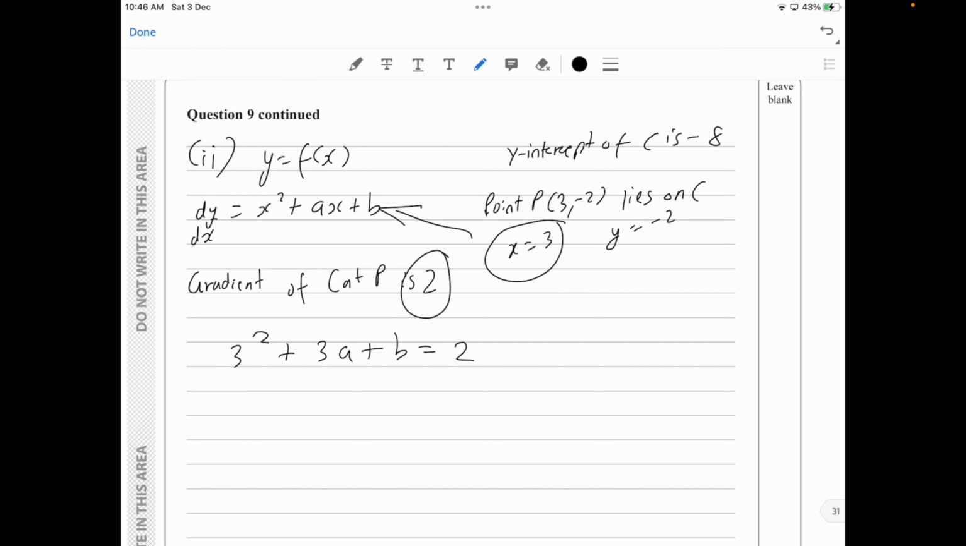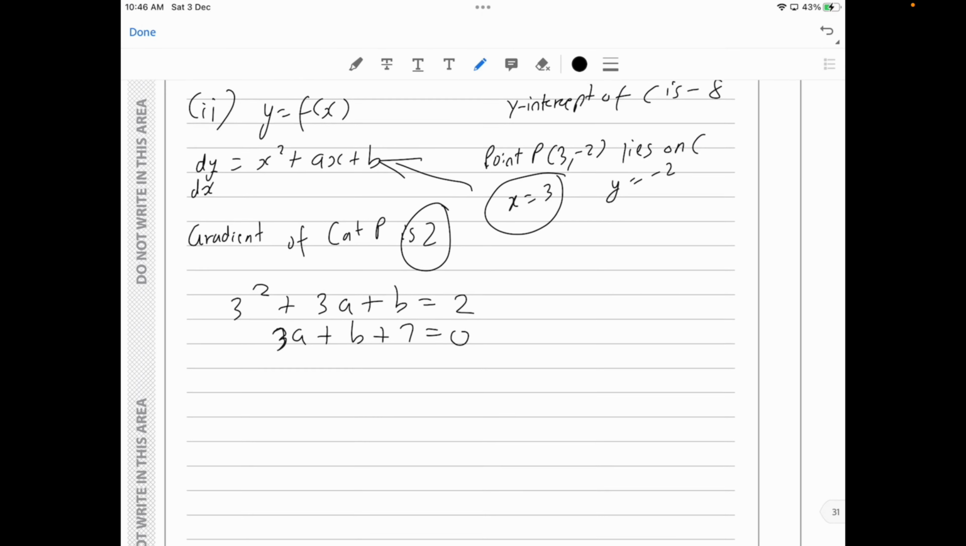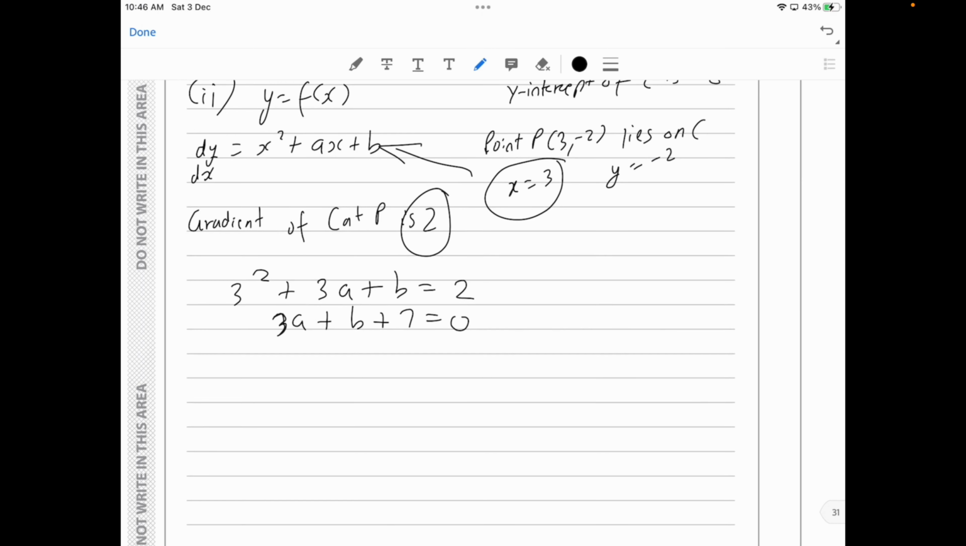So we're going to rearrange it and get our final answer to be roughly 3a plus b plus 7 is equivalent to 0. Once you rearrange all this, you're going to get an equation like this. Now we have to find out the other part of the equation. So the other part of the equation is when you integrate it, by the way, when you integrate x squared